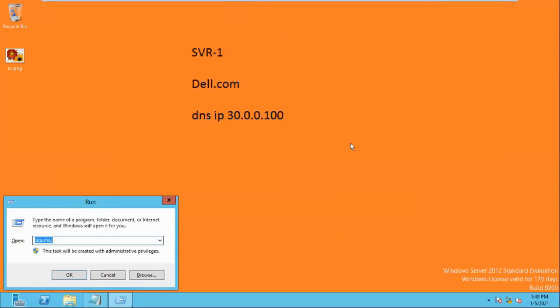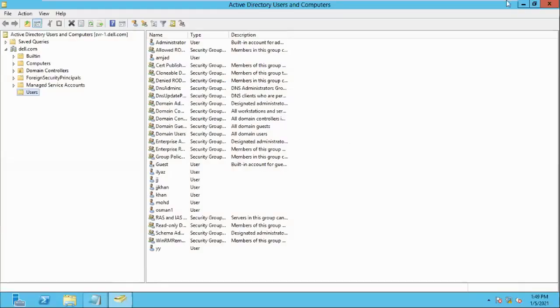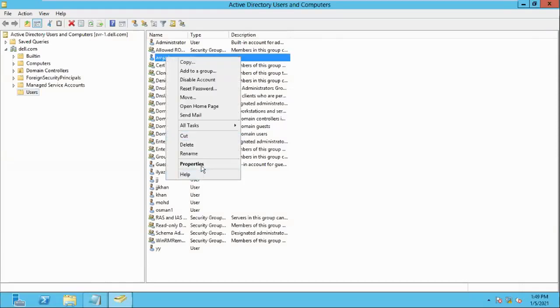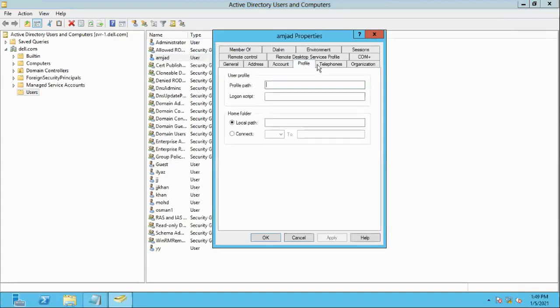How can I assign? We need to go to Active Directory management, right click on the Amjad user, properties, and profile. Location connect. In the home folder option, click and give the drive name.